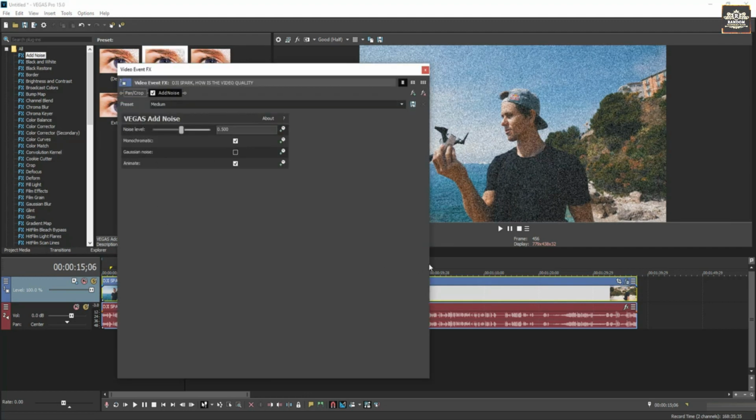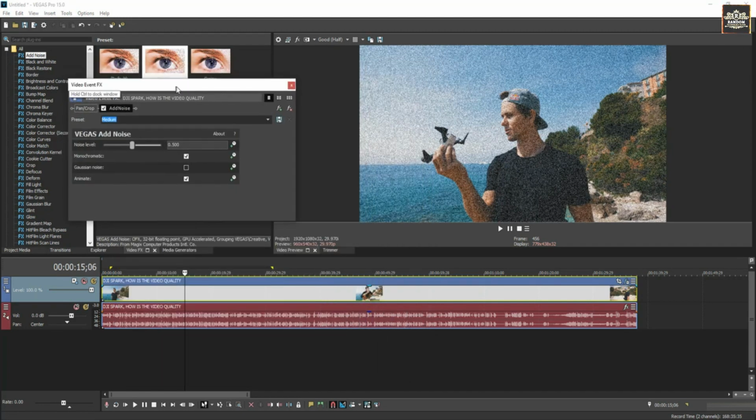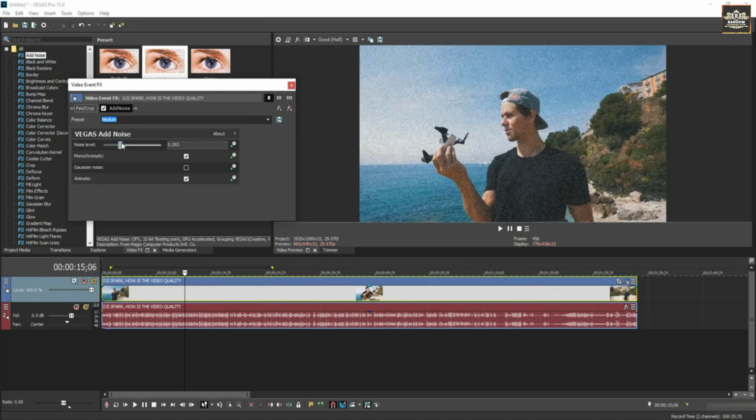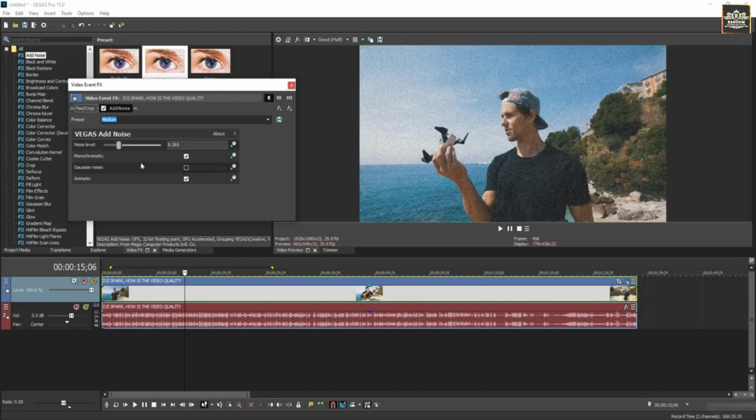Then a video effects tab will come up. To increase or decrease the noise level, simply use this noise level slider. If I check this Gaussian noise, instantly in this preview window, here you can see the effect. This time I just undo this. Let's close this one